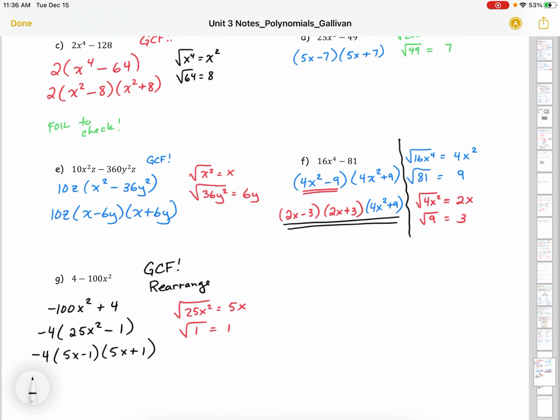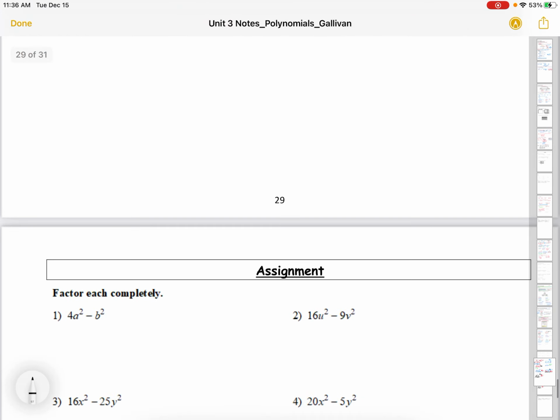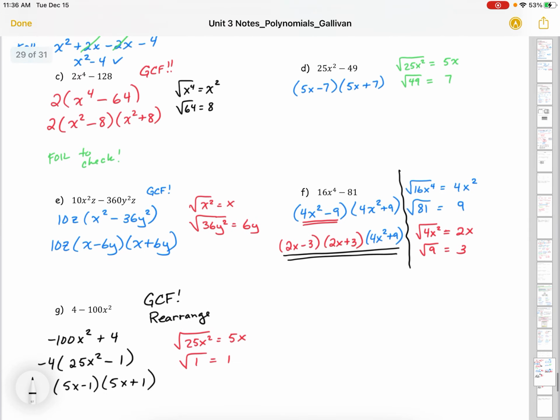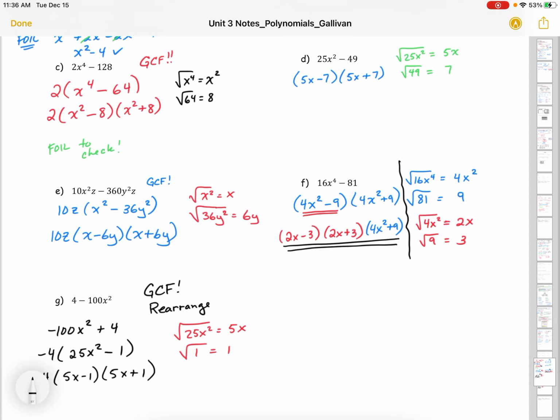I love difference of squares. They make me happy, and I really don't know why. There are certain math things that just make me go, oh, that's so cool. So you're going to do some practice with these. I tell you, you use them all the time. My son's doing math 30-1, and every once in a while there's a difference of squares, and he'll go, how did you do that, Mom? And I'll say, it's a difference of squares, and he goes, ah, okay. It's just a cool trick. So keep your eye